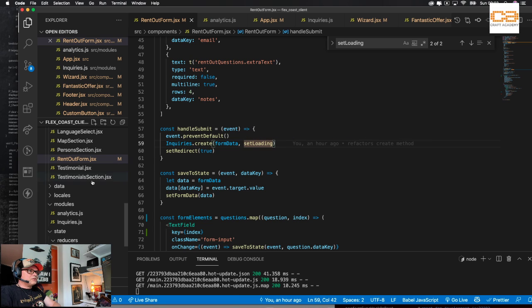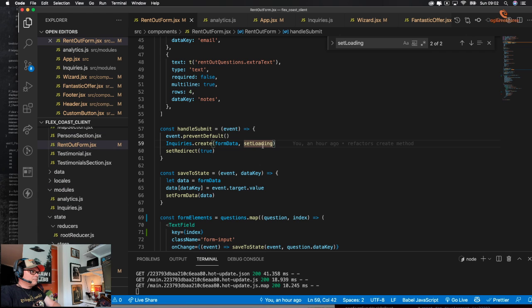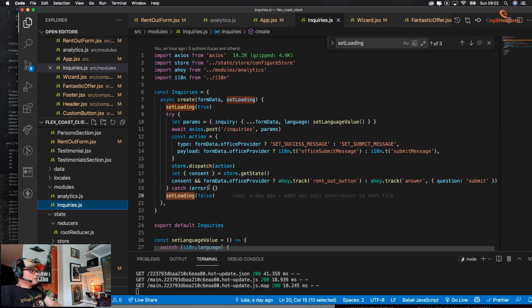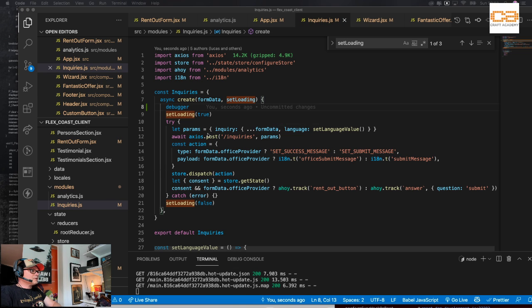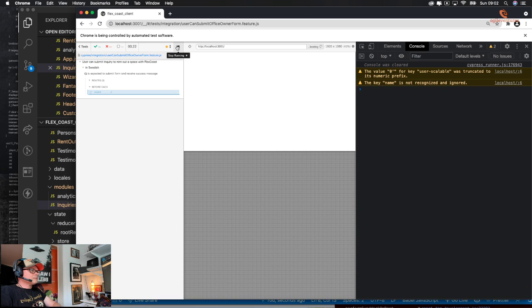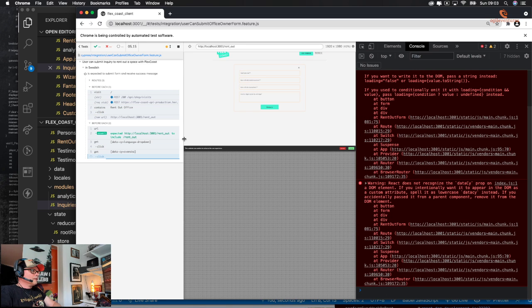Right, so this could be in this create thing. Let's see. Now it says I wrote this, but I was just moving code around. Let's have a look here. Set loading false, set loading. So is this the thing? Is this the problem? Let's run this.